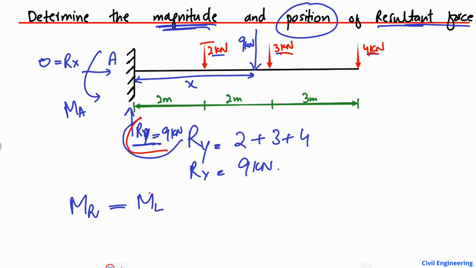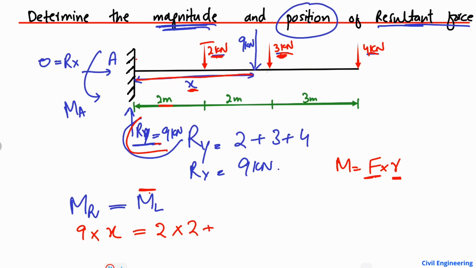So now let's start. We use this equilibrium equation. Now moment due to the reaction Ry, 9 kilonewton, moment is equal to the force multiplied with the moment arm. So force is 9 kilonewton here, multiplied with the moment arm. Moment arm is the distance from where you want to find out the moment. So here this distance is unknown to us, x, is equal to the moment due to the loads. So 2 kilonewton is the first force multiplying with the moment arm. In this case the moment arm is known to us, which is 2 meter,